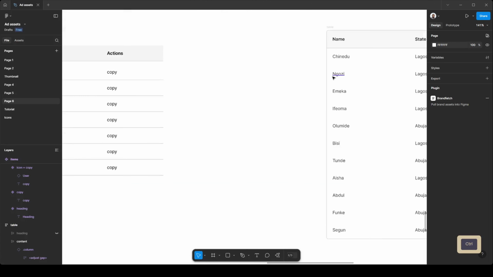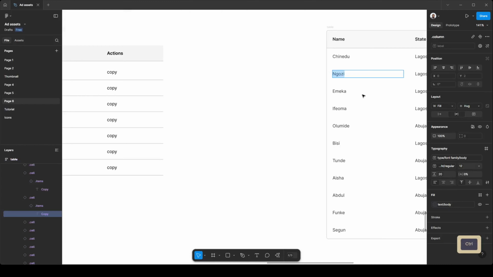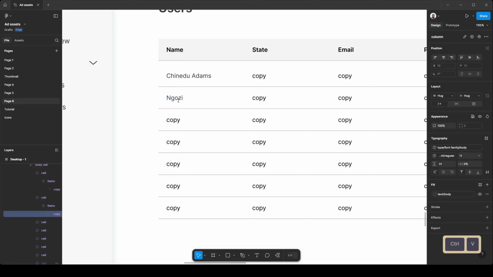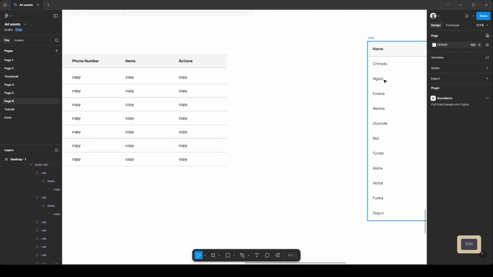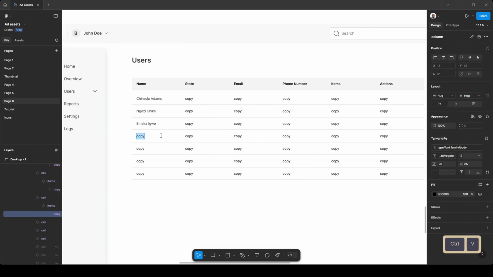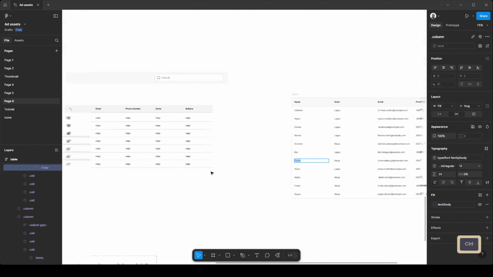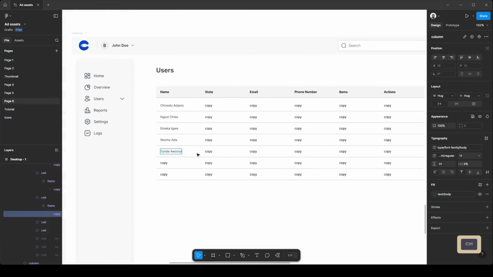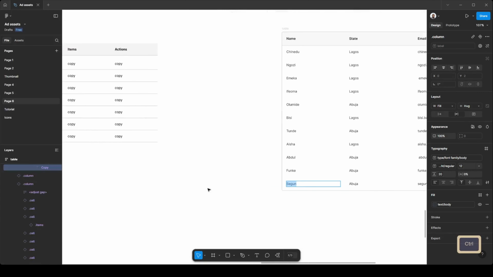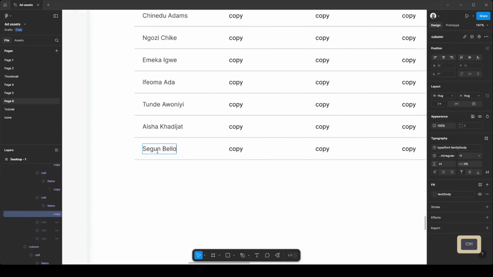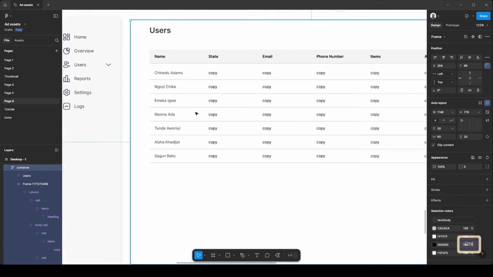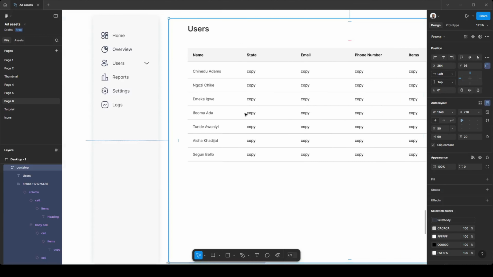So Chinedu Adams, so Ngozi. So I'm just going to copy. I'm going to speed up the video now. Okay, so I'm done with this row. I'm not going to do the remaining columns, but I'm going to do this last column, which is the actions. But first I'm just going to use this row